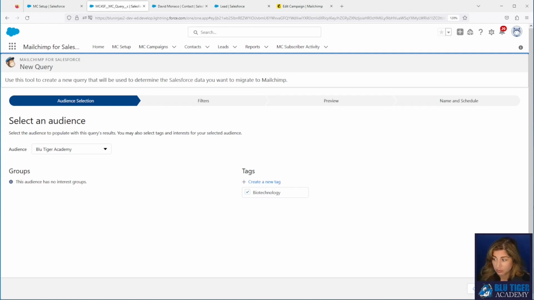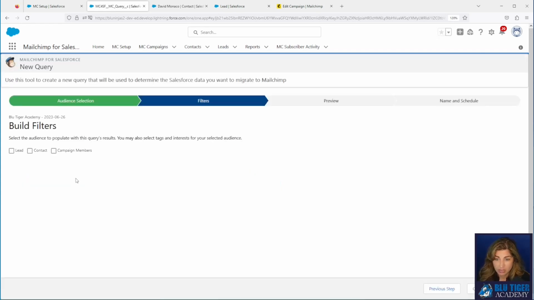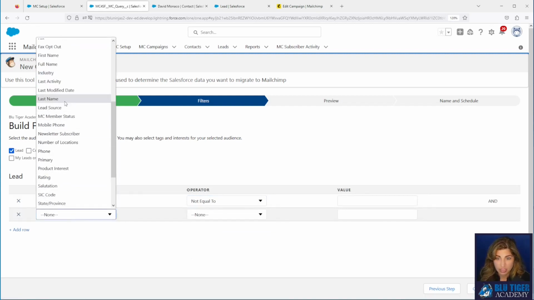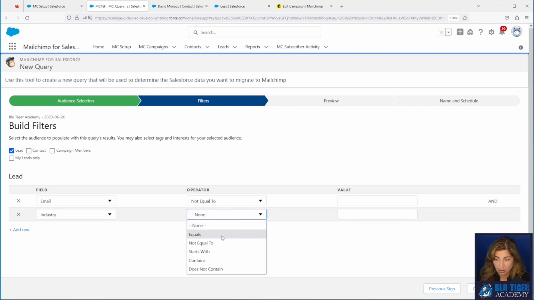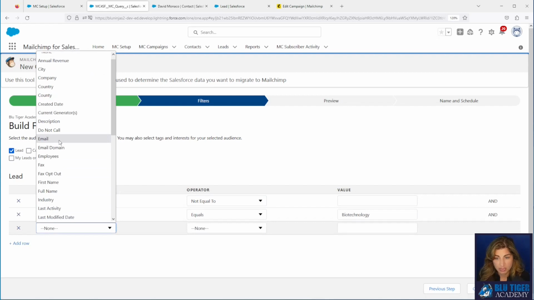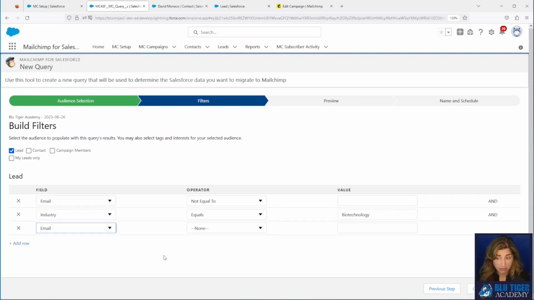I'm going to have some other filter criteria that I want to filter for too. So I'll click next here, and then these are going to be leads. And so here I'm going to say my email is not equal to blank, and my industry is equal to biotechnology. And then maybe you wanted to filter for a specific email domain or a specific email address, because maybe you're wanting to control the sync from Salesforce to MailChimp.